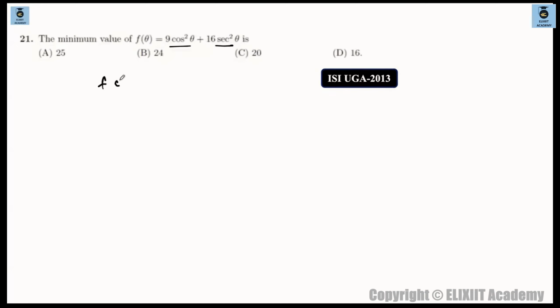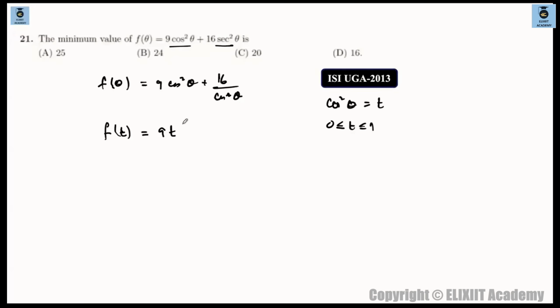f theta जो दे रखा है, what is f theta? f theta is 9 cos square theta plus 16 divided by cos square theta. Cos square theta is a positive quantity. Let's say cos square theta is t. So t lies in between 0 and 1, है ना? तो from here we can say one thing, f of t will be 9t plus 16 divided by t,